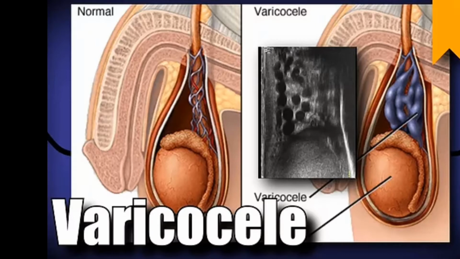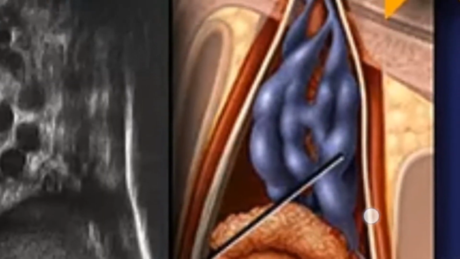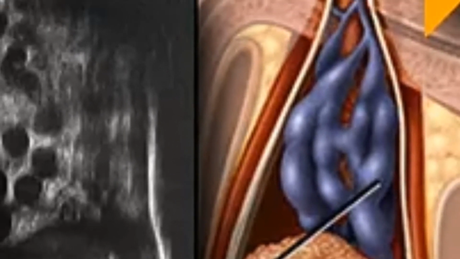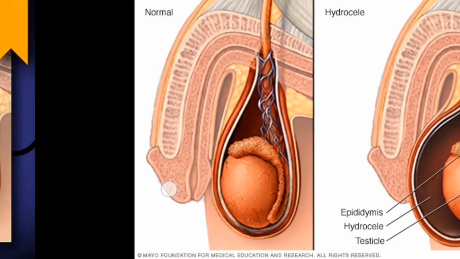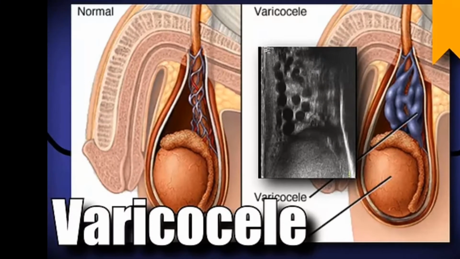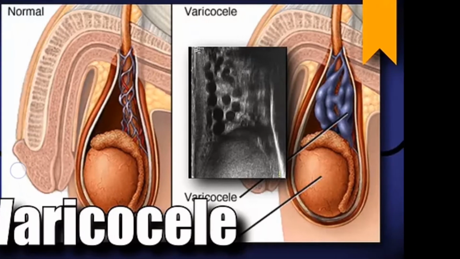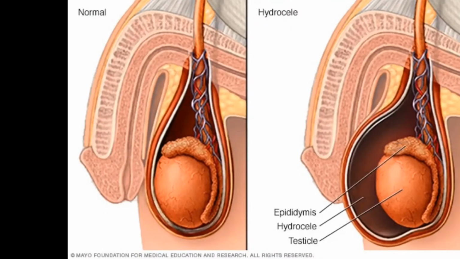So what are varicoceles? Varicoceles means the dilation and the tortuosity of the veins of the pampiniform plexus. So see, this is the pampiniform plexus, and what happens in varicoceles is that this pampiniform plexus gets dilated, as well as tortuous. Because of these two reasons, dilation and tortuosity of the veins of the pampiniform plexus, this condition is called varicocele. And another applied anatomy we will see is the hydrocele.